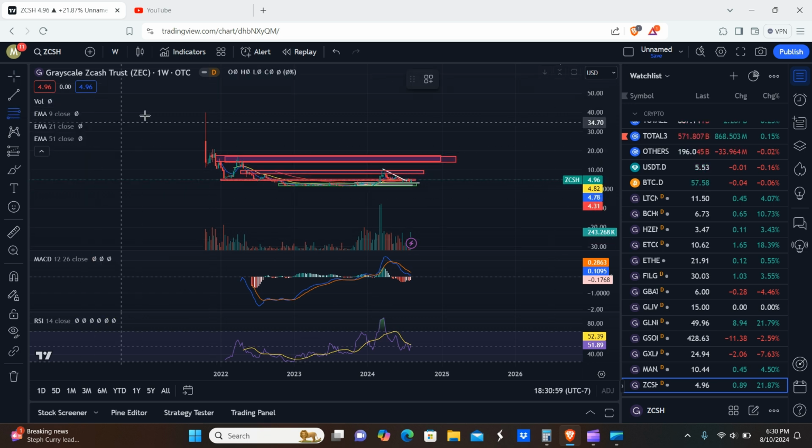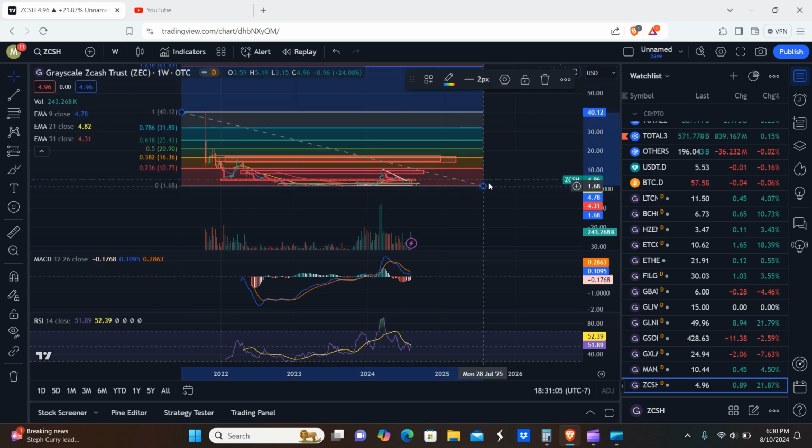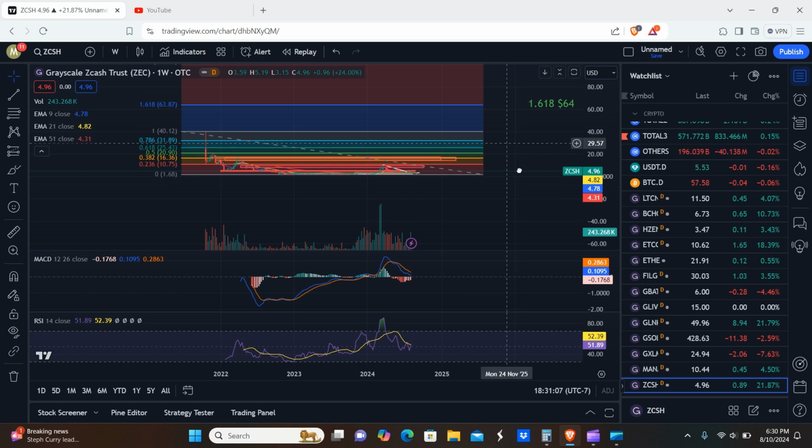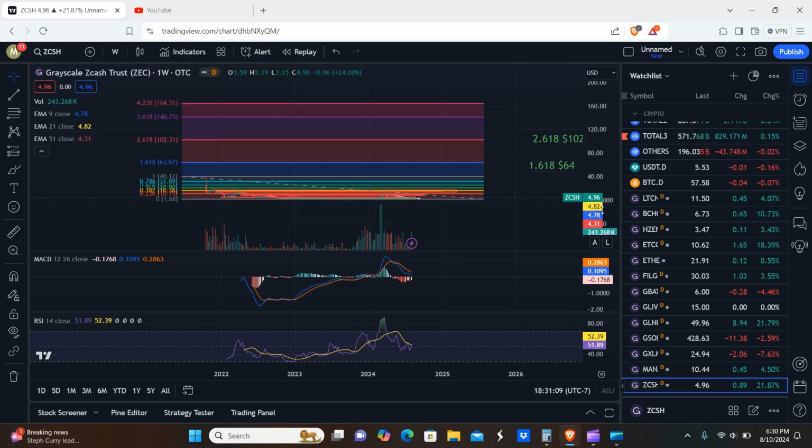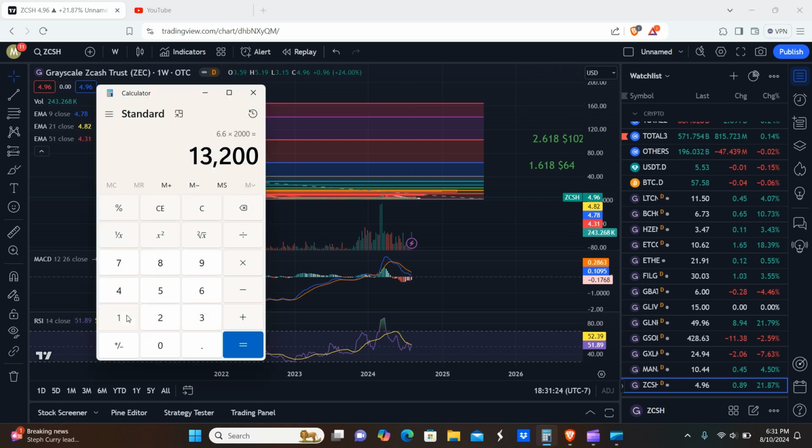But I think most people that buy Zcash, they're not really buying it for the privacy aspect. That could be possible, but I think most people that buy it just simply buy it because they like the token and they want to make money on it. I don't think it really has anything to do with being anti-censorship. Again, I'm not a big fan of censorship, but I just think that the vast majority of people that buy Zcash don't do it for that reason. So 65, 101, 140, and 165 respectively.